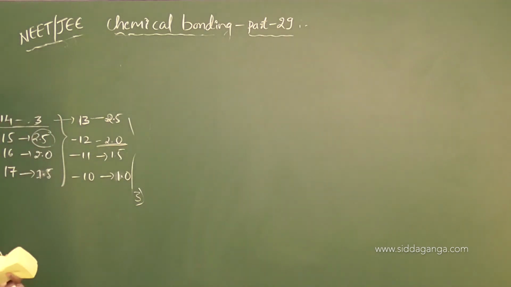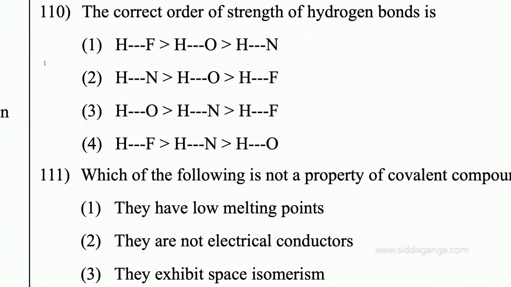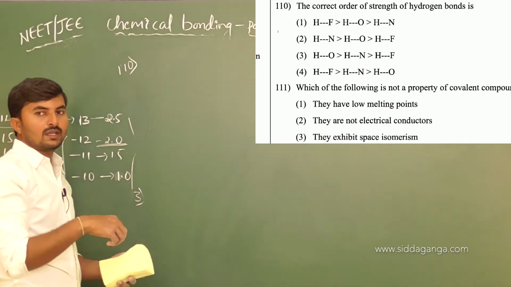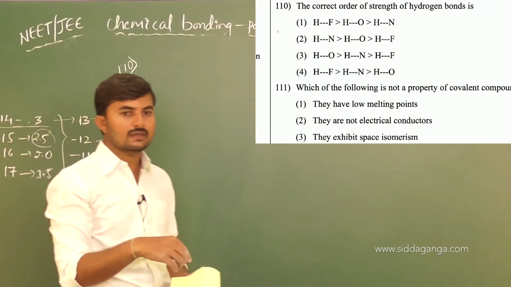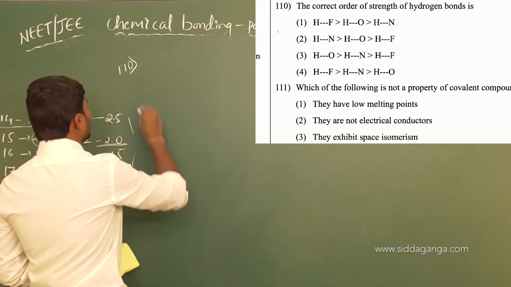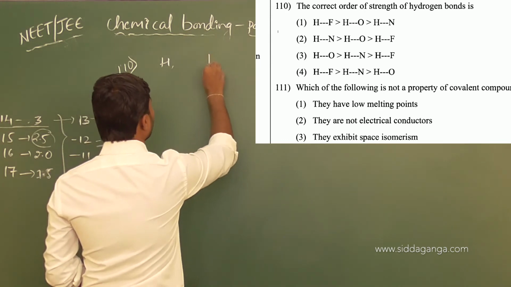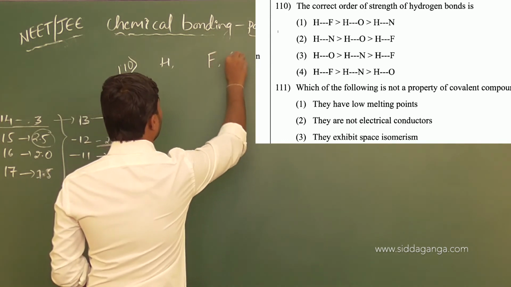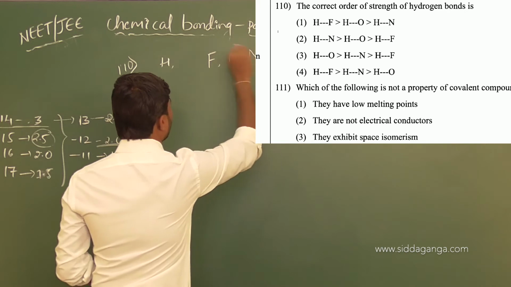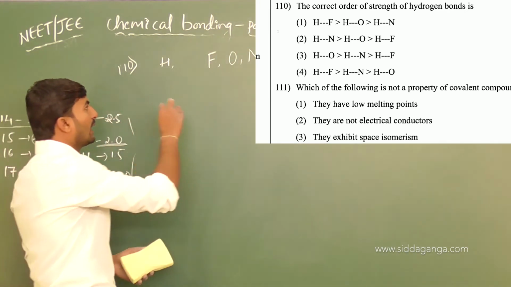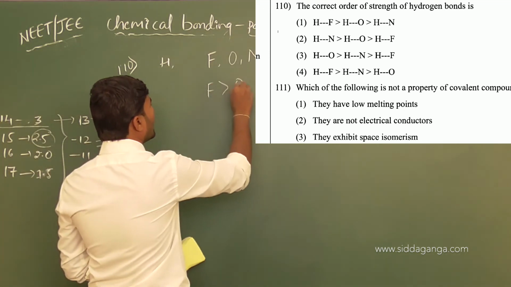So the next one: the correct order of strength of hydrogen bonds is... I had already gone through this concept. Hydrogen bonding can take place only with the most electronegative atoms like oxygen, fluorine and nitrogen. And the strength of a hydrogen bond depends upon the electronegativities of